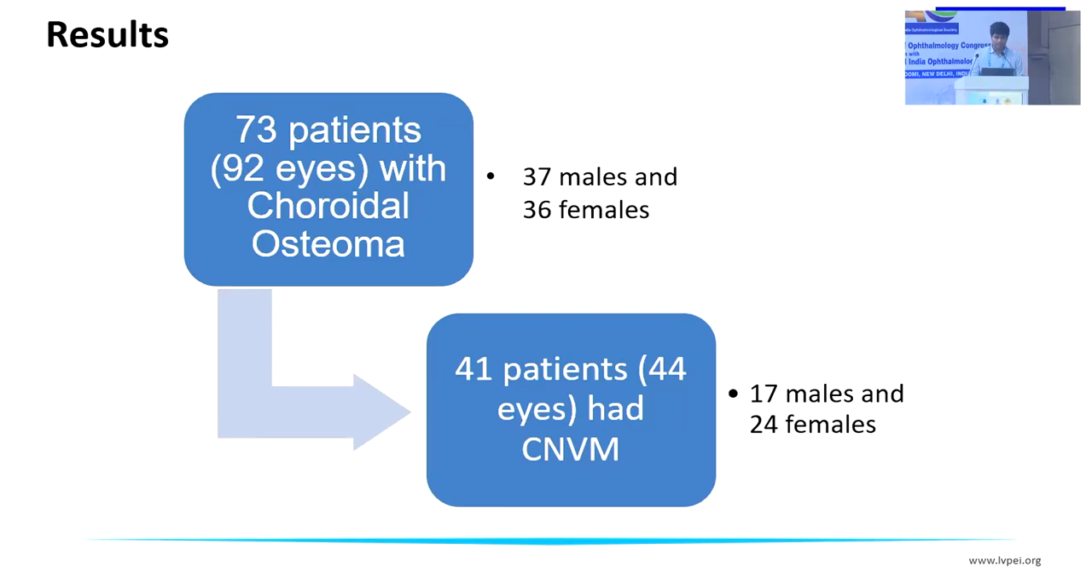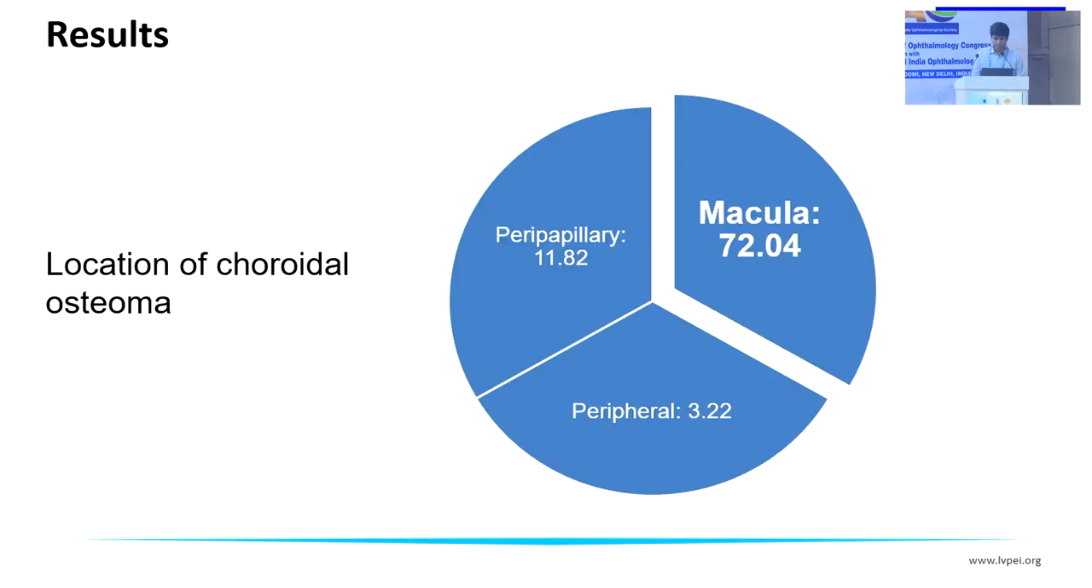So in total, we had 73 patients or 92 eyes with choroidal osteoma, which included 37 males and 36 females. And out of that, 41 patients or 44 eyes had CNVM, that is 17 males and 24 females. In terms of the location of the choroidal osteoma, majority of the patients, that is 72% of the lesions, were involving the macula, and nearly 12% involved the peripapillary area, and the rest 3% were in the periphery of the